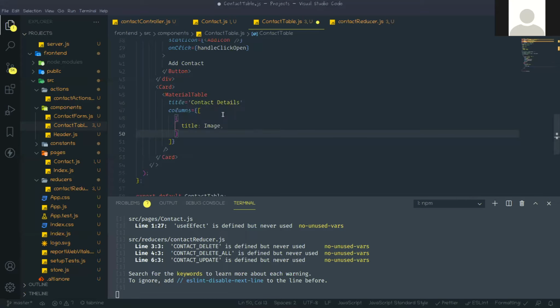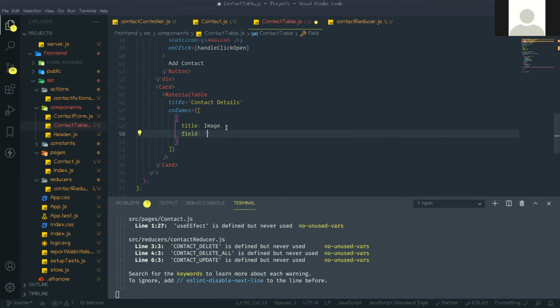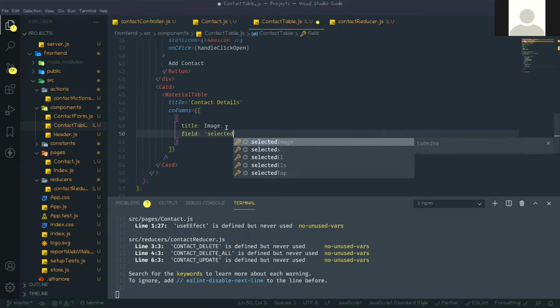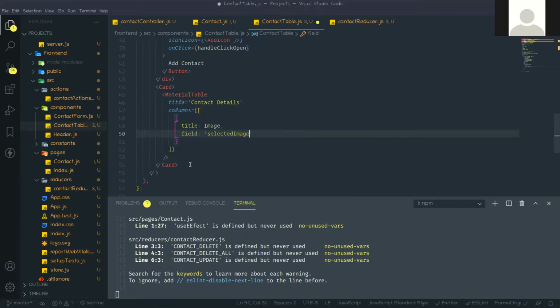Then the field. Field means which field it will take. So for that, selected image. That means if you go here, this is the select image field, whatever data is present in this key, it will take.